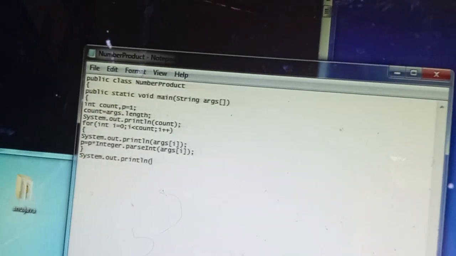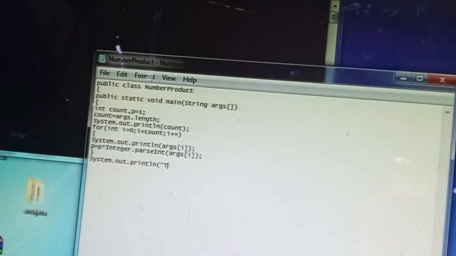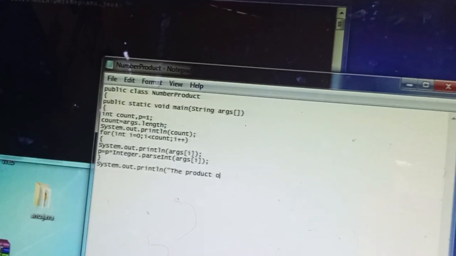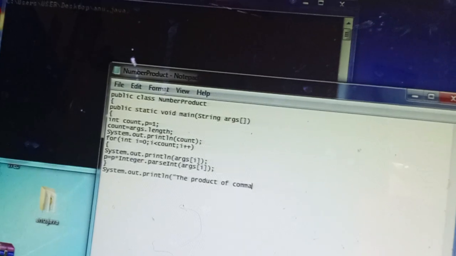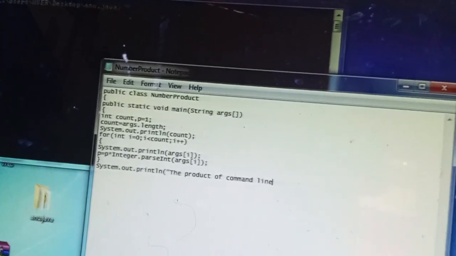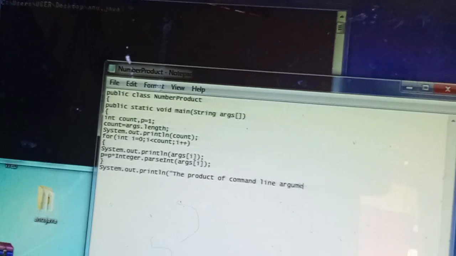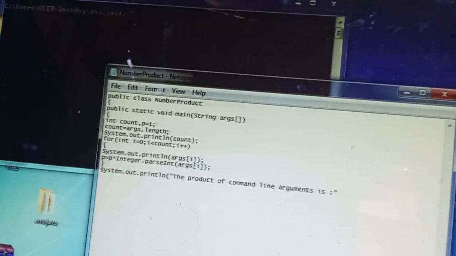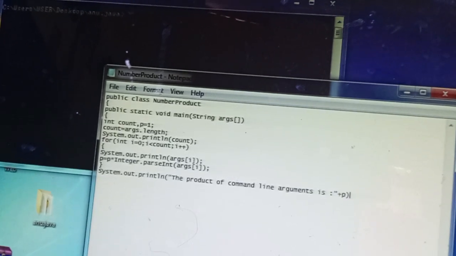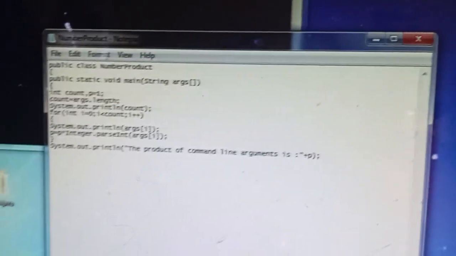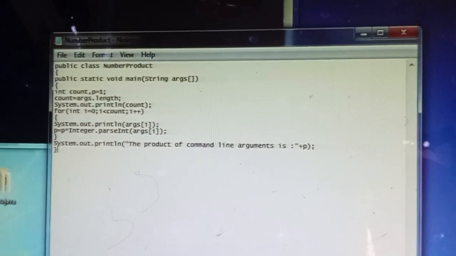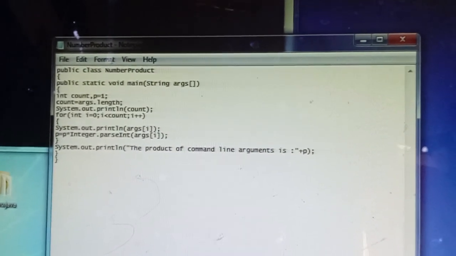We have to print the product of command line arguments is plus p. P is the product we are taking, right? Next, end of main function and end of class.